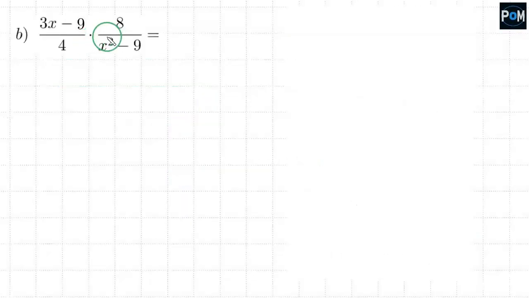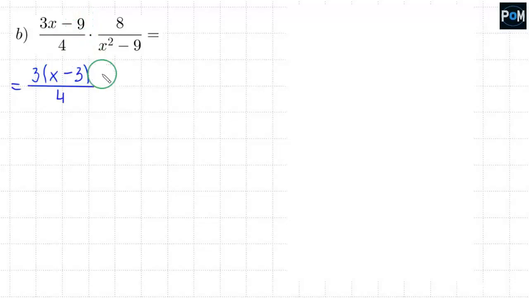In example B, I have something like this. 4 stays at the bottom, nothing changes here. And at the top, I can factor something out. I have a 3 and a 9, so I can factor out the 3. Then, inside the parentheses, I'll get 3x. After taking out the 3, x is left. I write down the minus, and after taking away the 3 from the 9, I have 3 left,